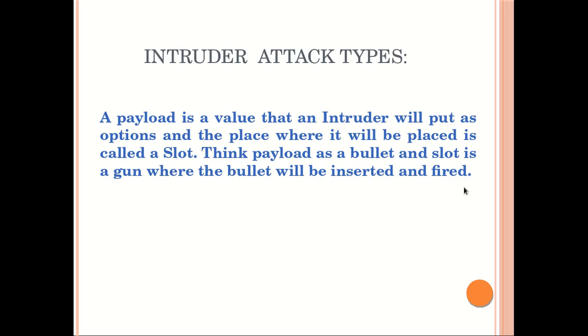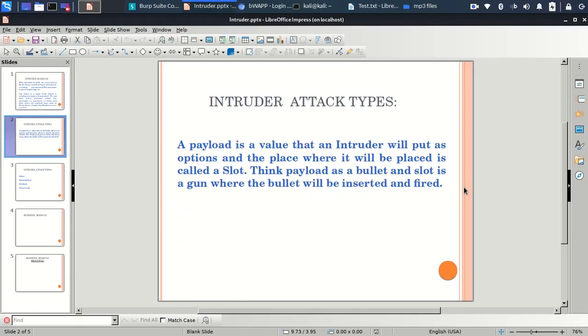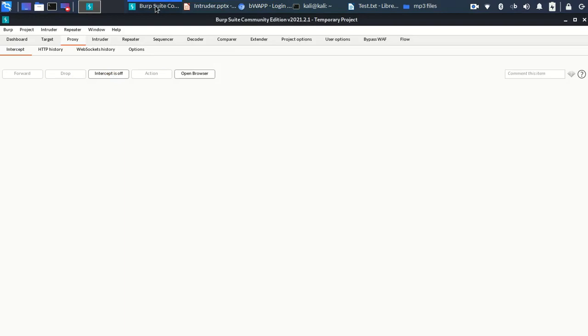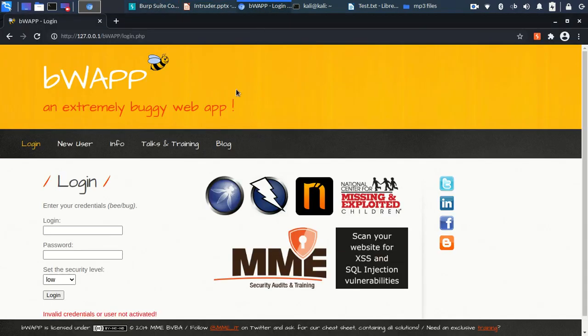Let's go to our Buggy Web application and turn intercept on. I'll show you a simple example of how it works.